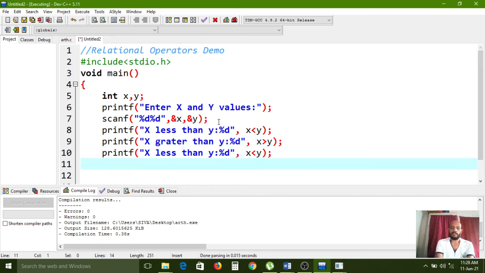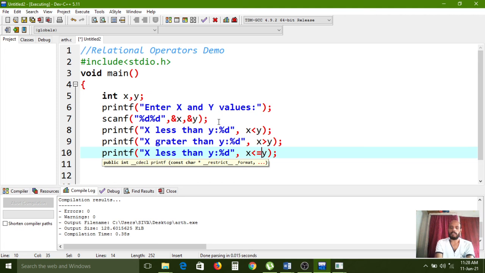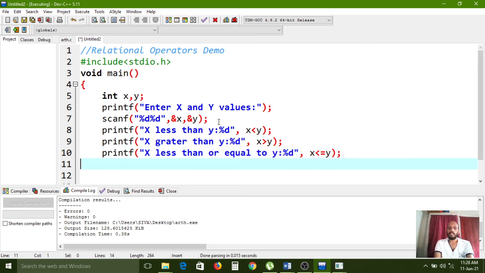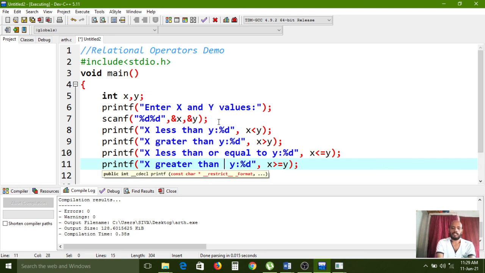And one more printf function, here less than or equal to. Again one more printf function, greater than or equal to.